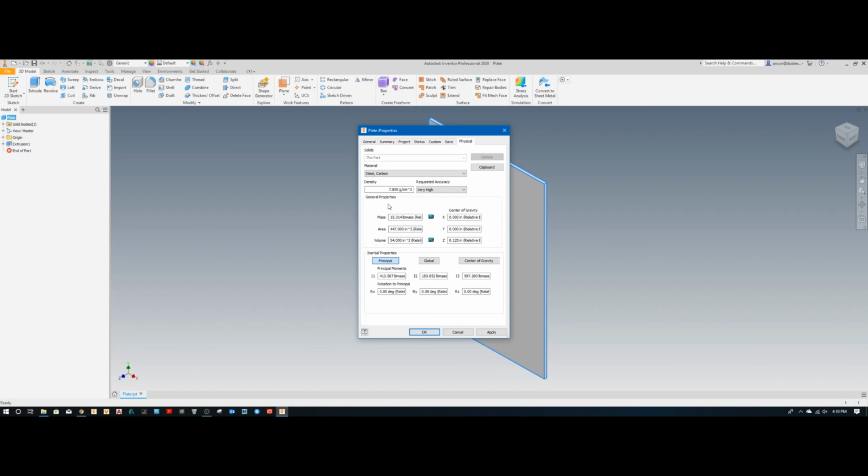And under general properties, obviously, you've got your mass, your area, and your volume. Under inertial properties, you have all your principal moments of inertia and rotation to principal. You can do global inertial properties, or you can do your center of gravity, figuring out exactly where the center of gravity is based off of all that weight and whatever else. I don't ever really touch these, although I've had